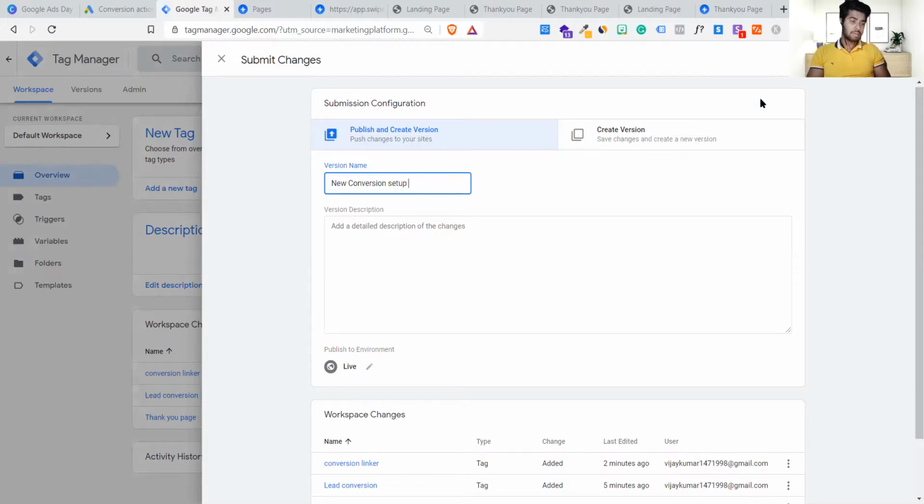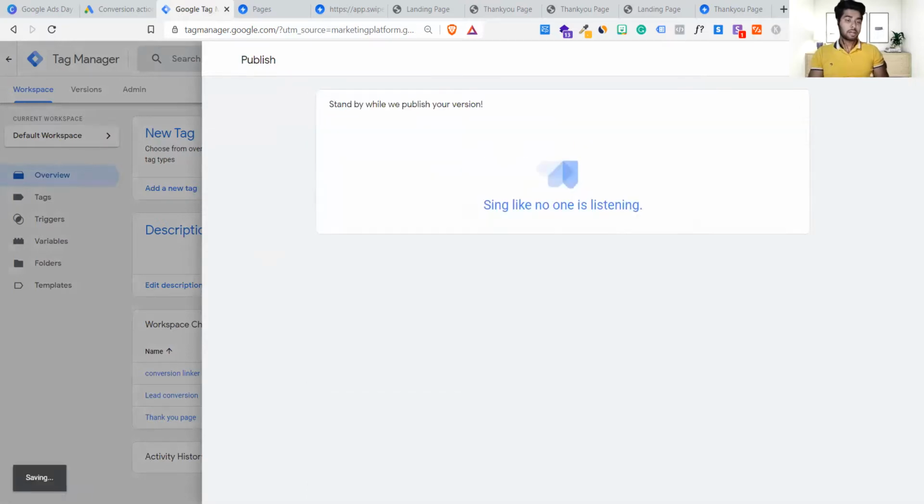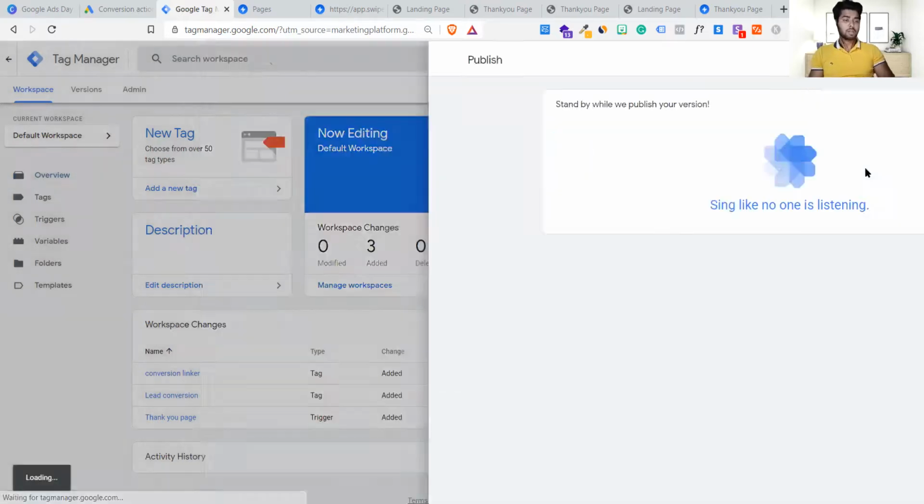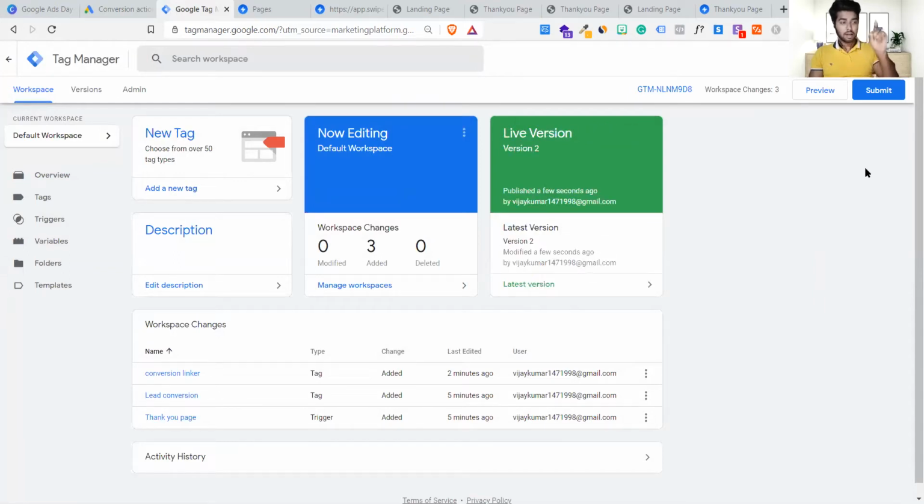Okay, so it will create a version for each. Suppose you are doing something wrong and you are creating multiple conversion versions. If you want to get back a previous version from 3 months or 2 months ago, you can do it. It creates a version like this. It's version 1. I click on publish. It will take a while, and after submit it should be done. I think it's probably done. Yes, looks like done. All right.